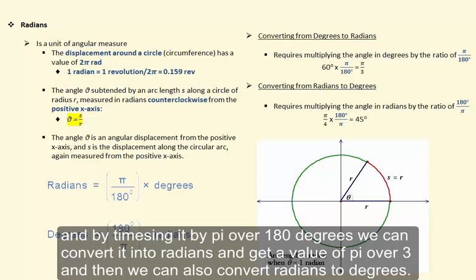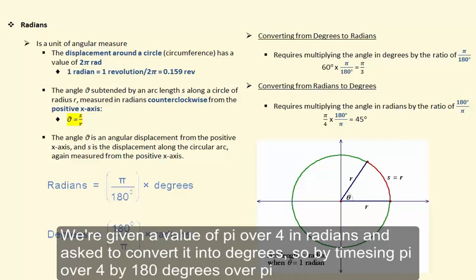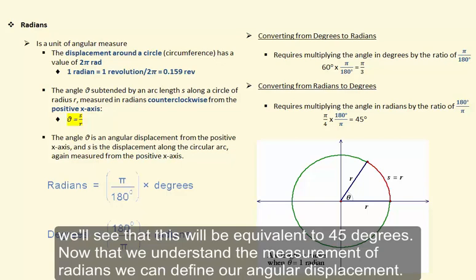And then we can also convert radians to degrees. We're given a value of pi over 4 in radians and asked to convert it to degrees. So by multiplying pi over 4 by 180 degrees over pi, we see that this will be equivalent to 45